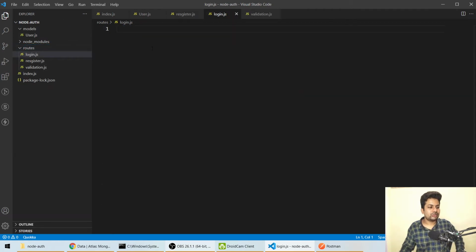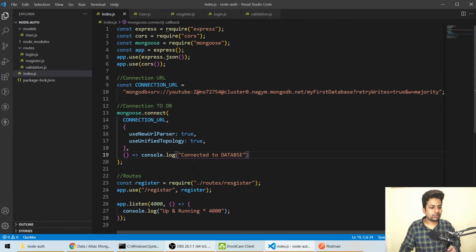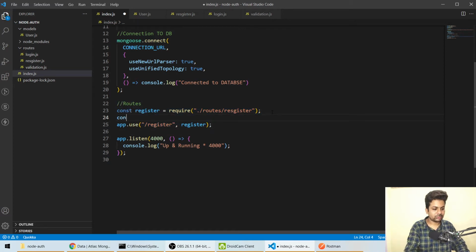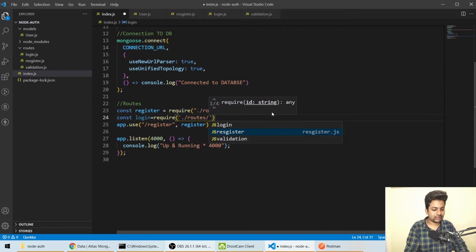For that, we need to import it here also. For now, every route is coming in here. So now we'll say const login equals require, then routes, then login.